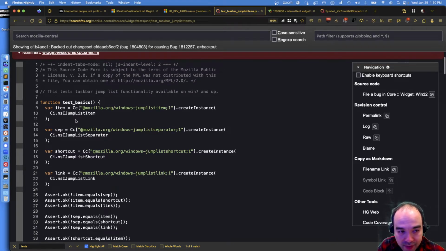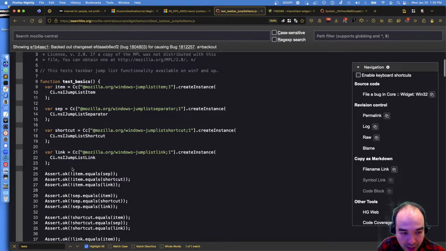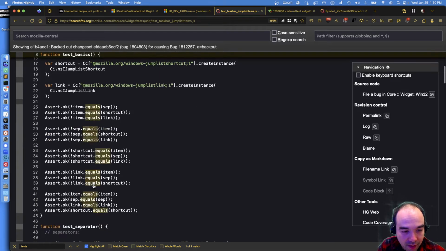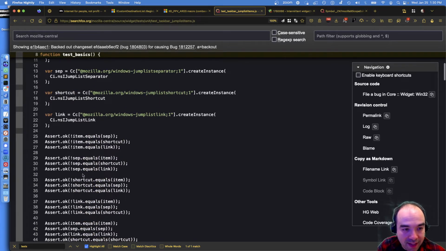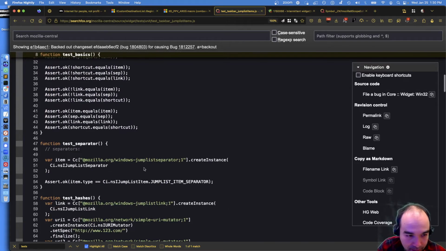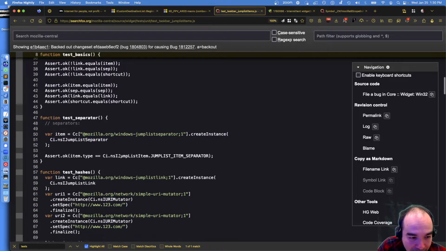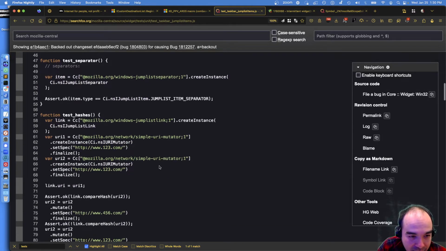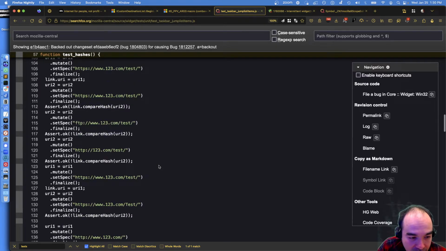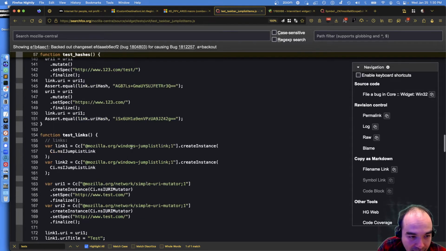And so, yeah, it creates a couple of different things, some basic items. It makes sure that you can call equals. There's a way of using equals. So this test I don't think we'd care about because we don't create these things anymore. I don't know if this test makes sense. I'm actually more interested in whenever it actually calls into some of these populate methods, because right now it's just like